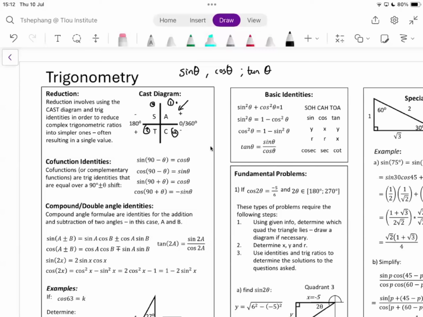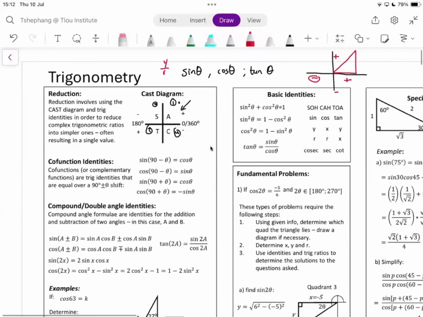Now, why are they all positive in that quadrant? We need to remember that in quadrant number one, the x values are positive. This is the positive side of the x-axis, and this is the negative side of the x-axis. And this is the positive side of the y-axis, and this is the negative side of the y-axis. Because we're in this quadrant, we can draw a triangle that looks like that. If we consider sine, we know it is y over r. The y values here are positive, and r, since it's a distance or a radius, will always be positive. So we have a positive over a positive. That's why sine is positive in the